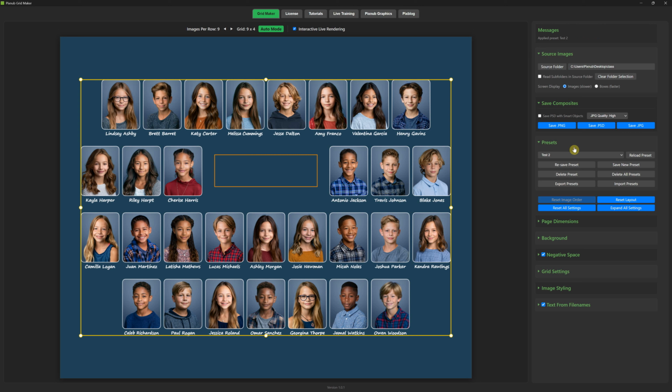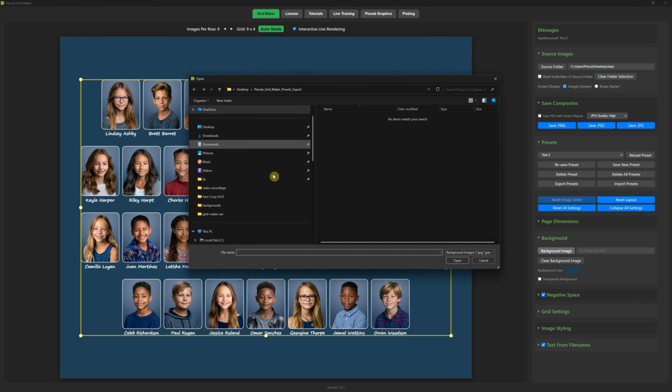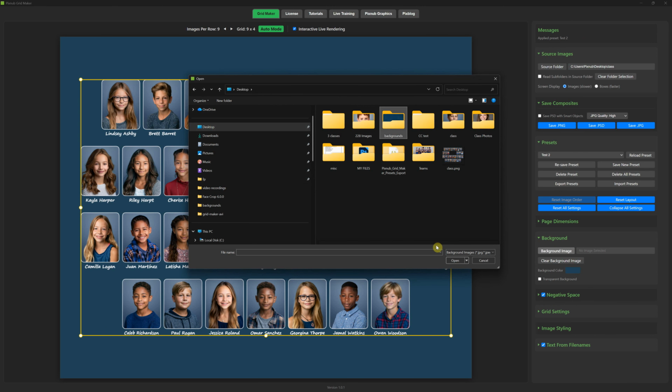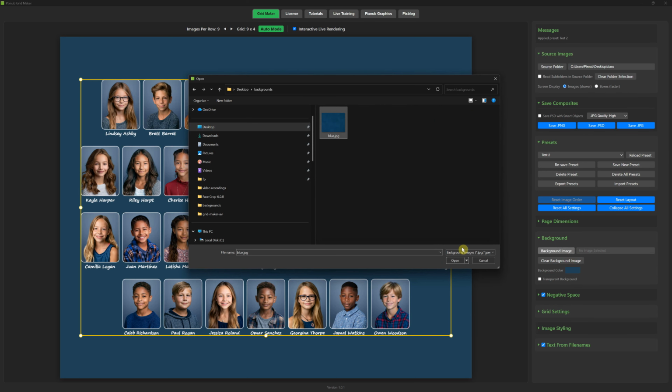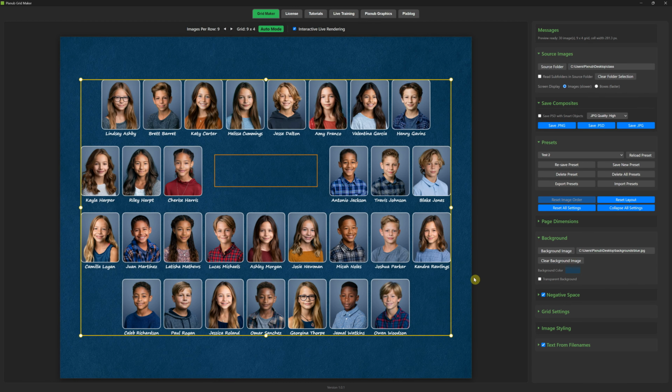One other thing with presets is it's not going to store your background image. That's the only thing that is not stored, and that's by design for a couple of reasons. The first reason is because people tend to change their background folder location. So this path will often change for where your backgrounds are located. So it may have been deleted or just changed. That's the first reason. And the second reason is by